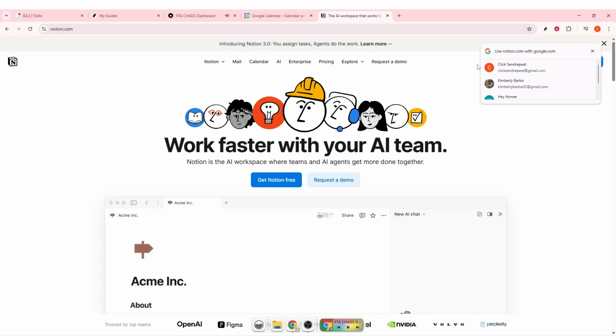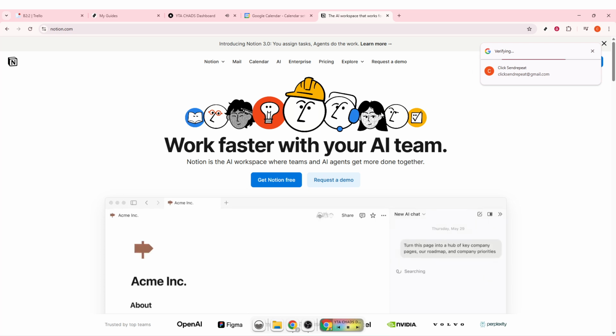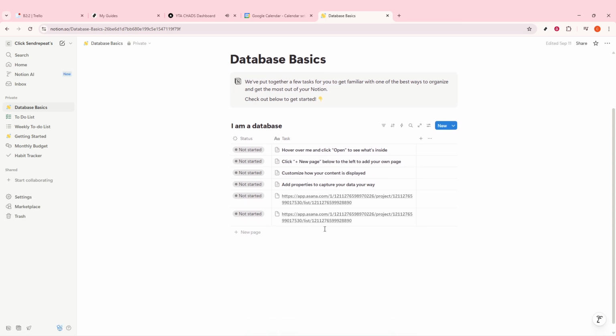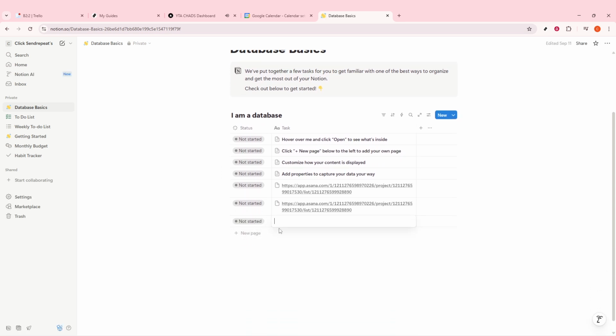However, it's important to note that this calendar is read only. This means although you can view all your events and schedules inside Notion, you won't be able to edit them directly from there. If you need to make any changes to your calendar events, you'll still need to edit them in Google Calendar itself. This synchronization is a fantastic way to streamline your workflow and have your schedule handy while